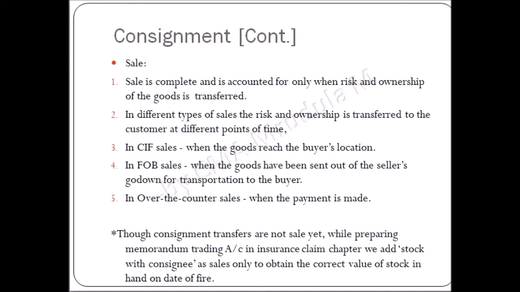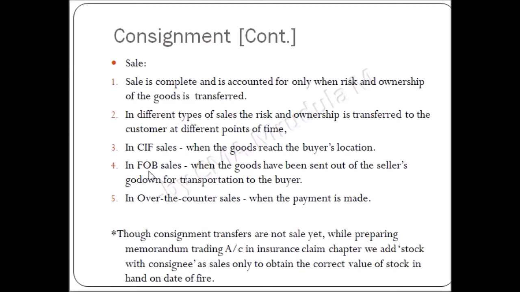Sale is complete and is accounted for only when risk, rewards, and ownership of the goods is transferred to the final buyer. Now, there are different types of sales. So, in each type of sale, the timing of such a transfer of risk, rewards, and ownership to the buyer happens to be different points of time. In CIF sales, CIF means cost, insurance, and freight. The point when the risk, rewards, and ownership is transferred to the customer is when the goods reach the customer's